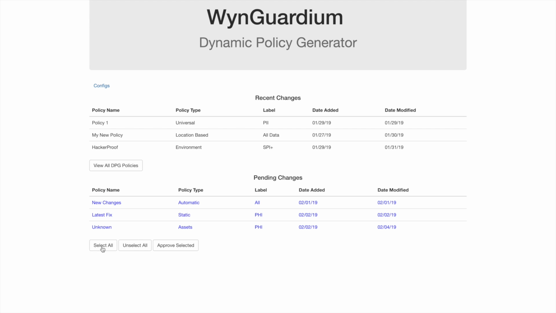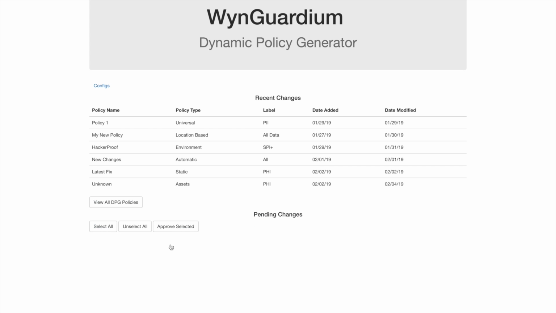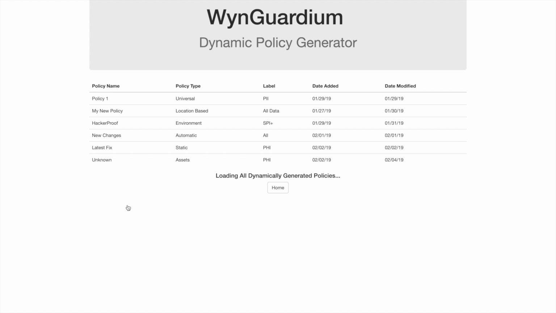I can go ahead and select some pending changes, maybe unselect them, reselect them, and go ahead and approve those. So you can see that moved our pending changes up to the recent changes list. And if I go into the View All Policies page, I can see the list of all the policies we just saw, and then we can also see it's loading some other dynamically generated policies from further back in the